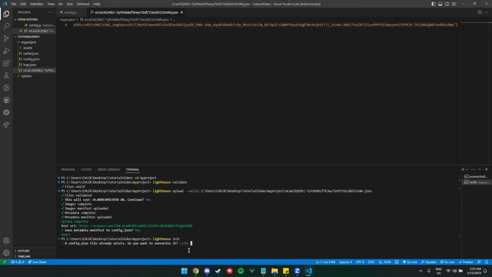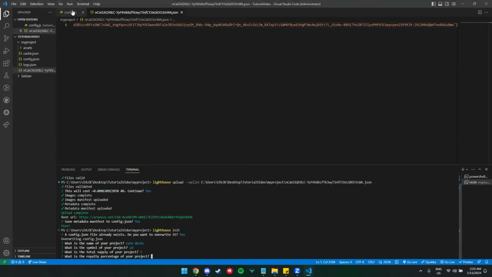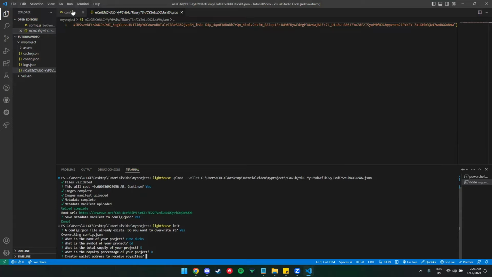So a config file is already existing. You want to overwrite it? Yes. What is the name of your project? Qt docs. Actually, you can just ignore this one. Supply of your project 5, royalty percent 0.